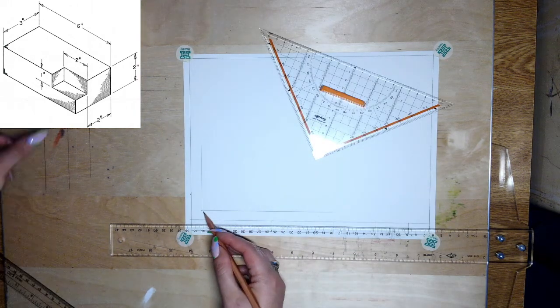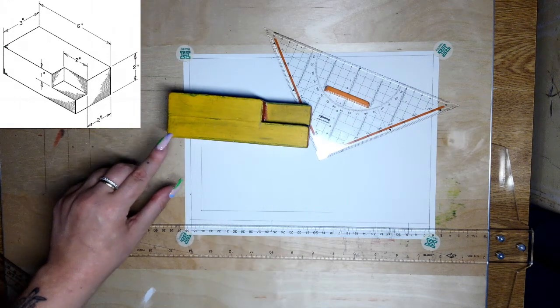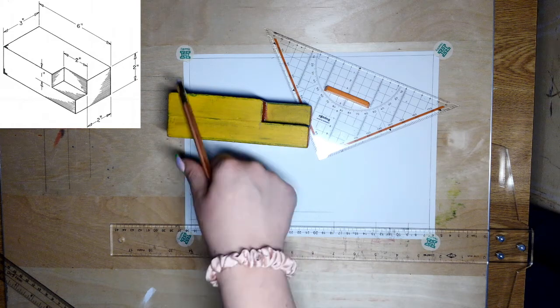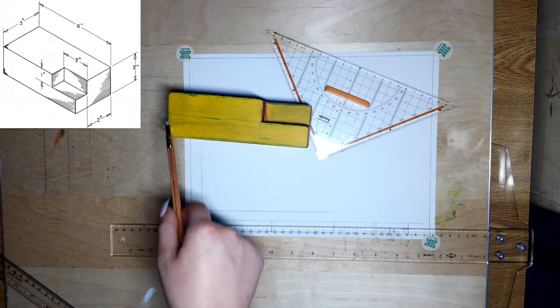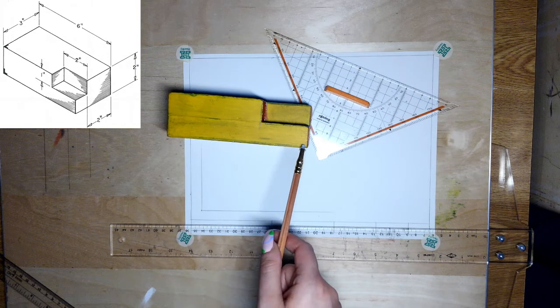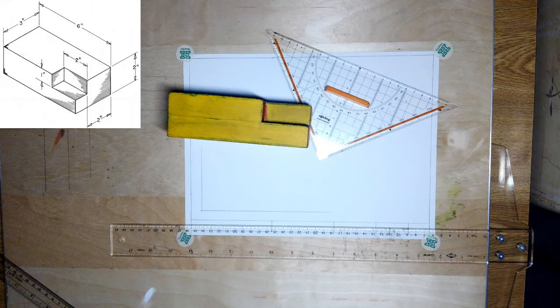So that's the same as kind of this bottom left corner of my object, and I just want to know what's my overall length and my overall height. So I have an overall length of 6 and an overall height of 2. I'm also going to kind of note though in my head that I've got this little feature here. So just like with our